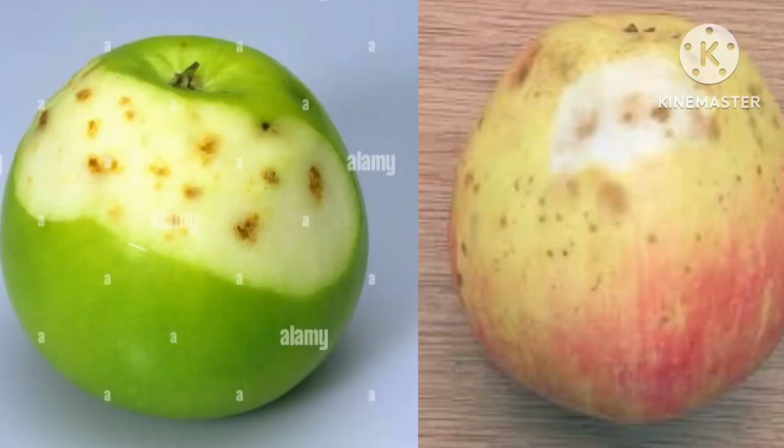The cells in the spots are dead and turn brown and black. You will find these black spots on the surface of the skin. You can see the photograph which I am showing you. And if you cut the fruit inside also, in the flesh also, you will find some spots. Now, how to control this bitter pit? The moderate level of bitter pit can be controlled by spraying the tree with calcium chloride or calcium nitrate during the growing season. So this was all about bitter pit.